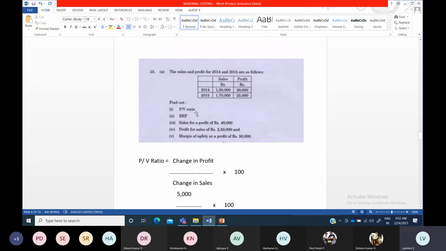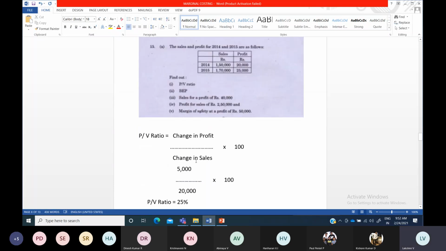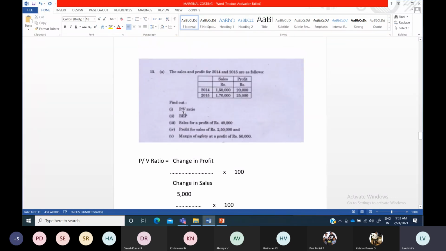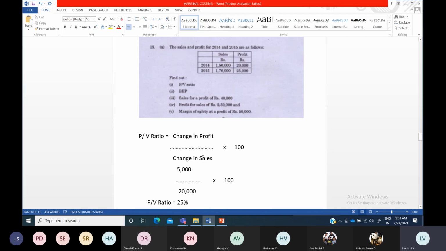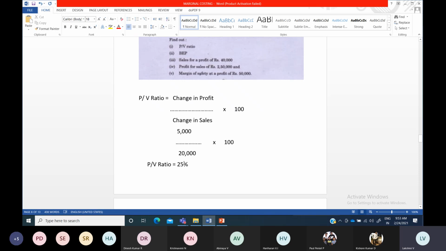So in this problem, we have calculated PV ratio. Whenever you get two years' details, you have to use this formula for PV ratio calculation. Then for break even point, then profit information, they will give you sales and you have to find out; if sales information, they have given you profit, you have to find out. The same formula only you will be using. Whatever you don't know, you will keep that one as X and find out the other one. With that other information, you will find this X. And margin of safety also we calculated, that is profit divided by PV ratio. This is our profit, PV ratio we already calculated and kept. If you substitute that, you will get your margin of safety.